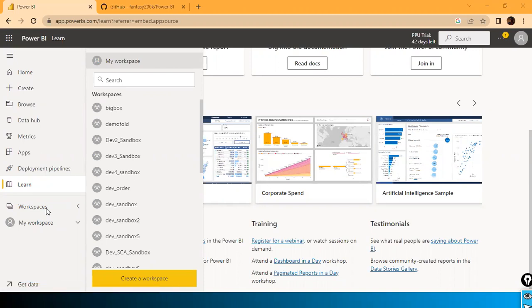So workspaces are like containers. You publish the workspace like an app. There are different ways you can share your content, the report or dashboard. If you want to share only one report, then you can share the individual report with an individual user. But let's say you want to share 200 reports with 800 users,